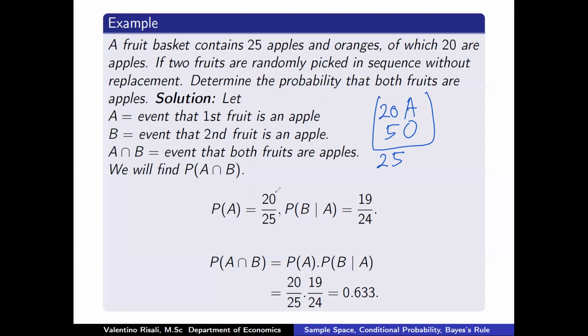So the probability of choosing an apple is 20 divided by 25. Okay, and then for the conditional probability of B given A, that is, A happened, that is our first fruit is an apple. So for the second